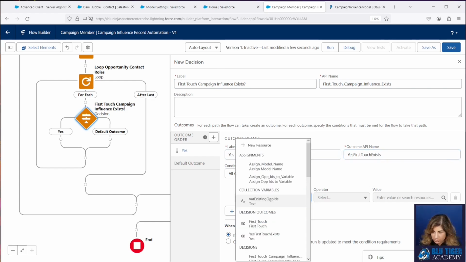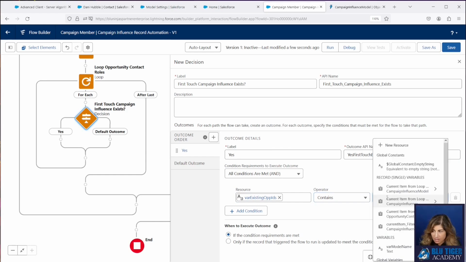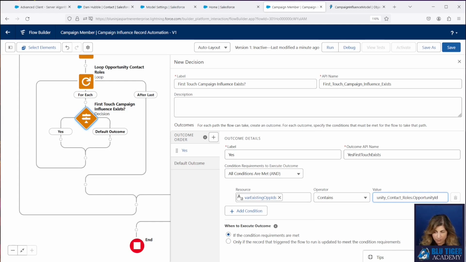And then we're going to check this text collection here to see if it contains the opportunity ID from the current item in the loop of the opportunity contact role. So that would be this right here, and we'll choose opportunity ID there.